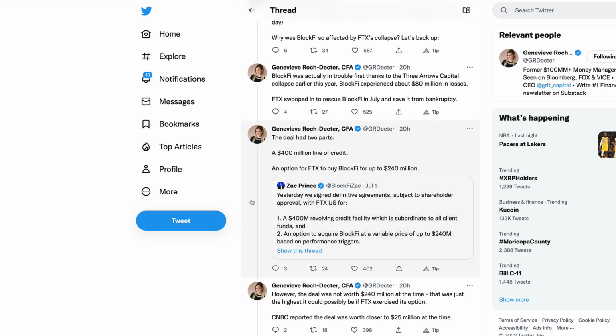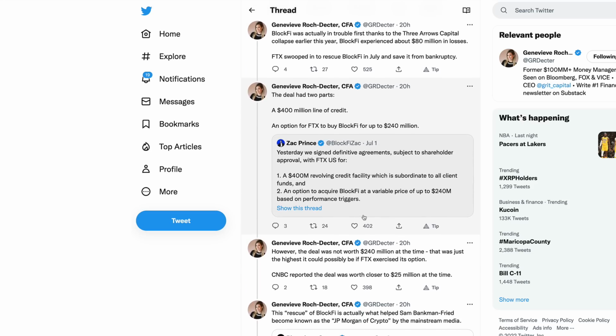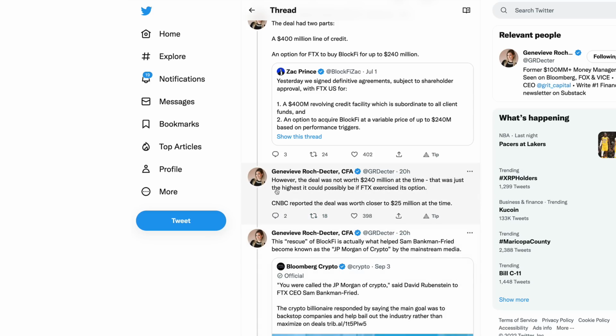Now, let's not forget, this was before the whole FTX scandal broke, so obviously this deal could not go through or cannot go through. However, the deal was not worth $240 million at the time. It was just the highest it could possibly be if FTX exercised its option. CNBC reported the deal was worth closer to $25 million at the time. This rescue, quote-unquote, rescue of BlockFi is actually what helped Sam Bankman-Fried become known as the JP Morgan of crypto